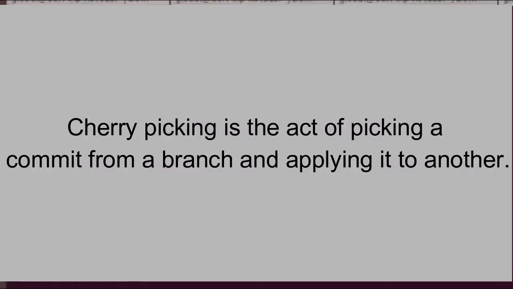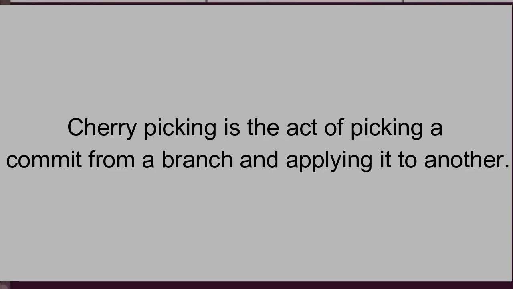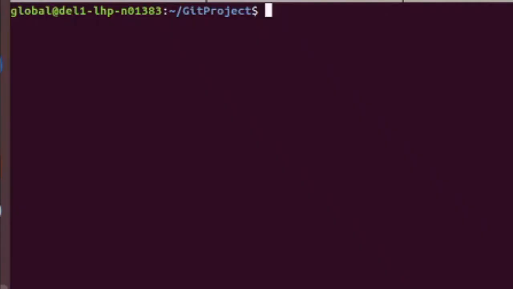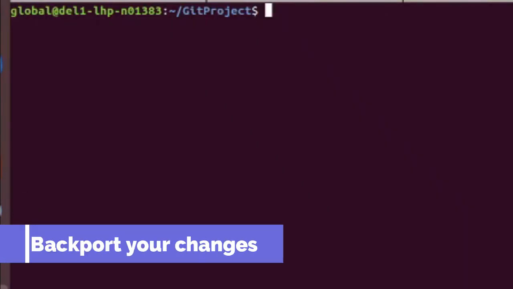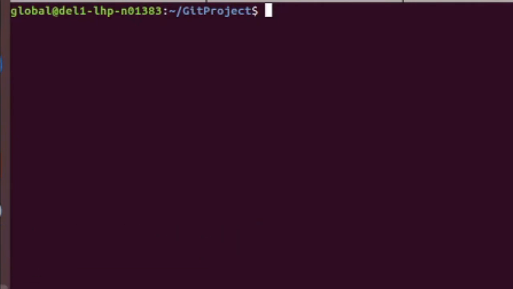Git cherry-pick is a command. With the help of the git cherry-pick command, we can pick the changes of a specific commit ID. It is generally used when you want to backport your changes from your trunk branch into a particular release branch. Let's say I want to pick my changes from the trunk branch to, let's say, the 1.1 or 1.0 branch,